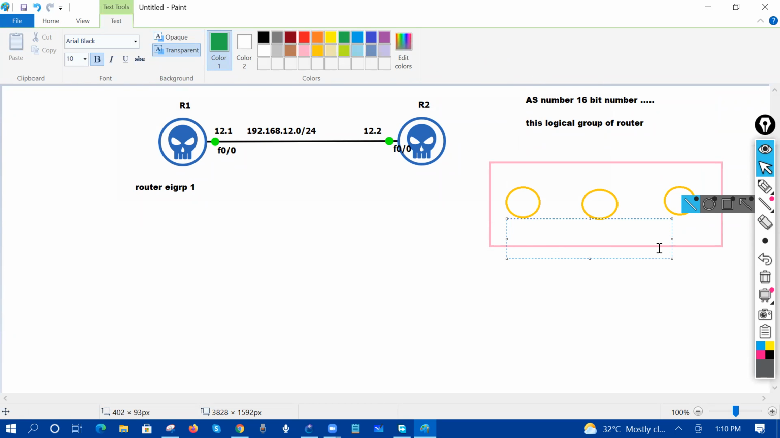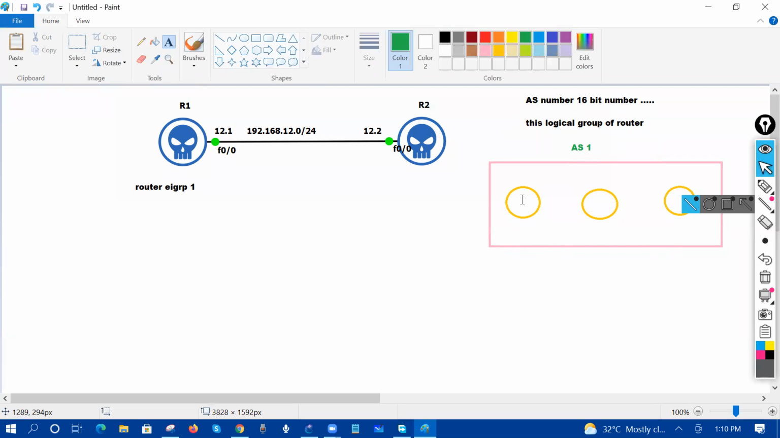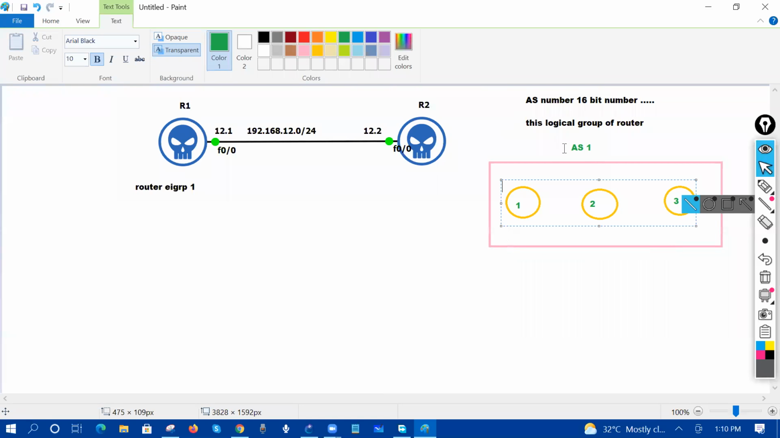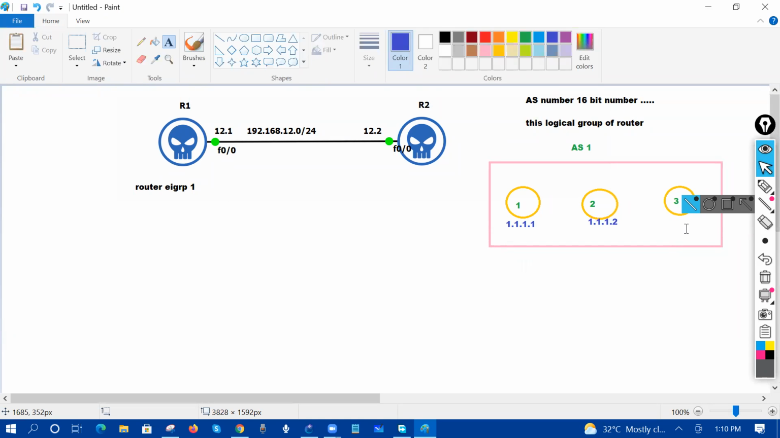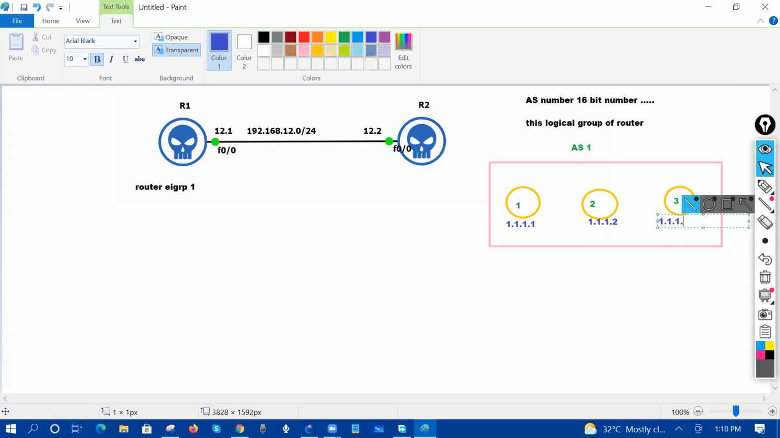So this is a logical group, and we have a logical group identifier, the AS number one. This is router number one, router number two, and router number three. To identify these routers in this logical domain, we need to put some identifier, known as the router ID. It is a 32-bit number, and it has to be unique. It is always recommended to keep the router ID unique. It's a 32-bit number you can use from this range,